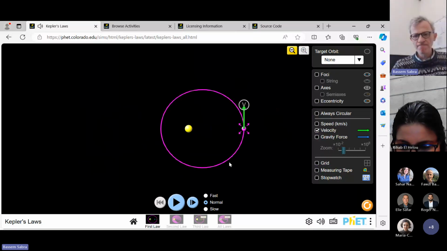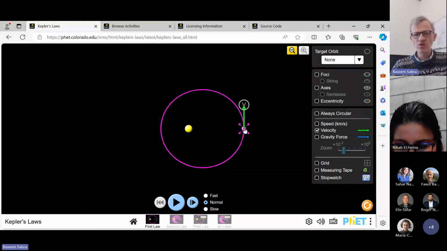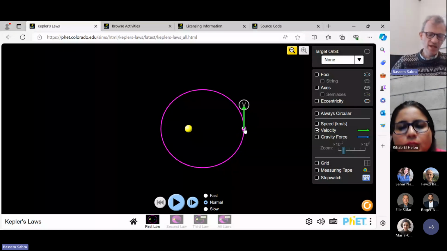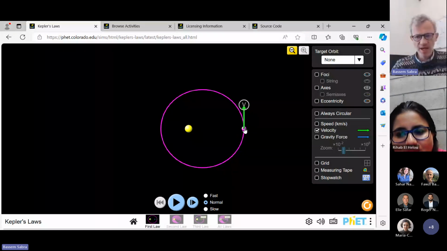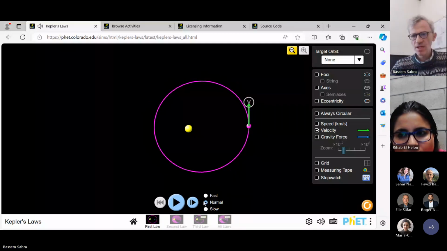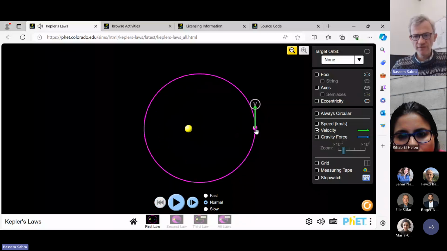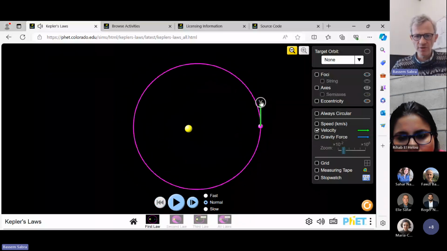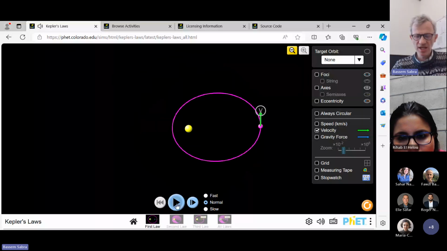So the first law says that all planets go around the sun in ellipses with the sun at one focus. So instead of showing the students static pictures on PowerPoint of ellipses and planets and orbits and whatnot, you can start with this simulation, show them how the planet orbits. You can change the size of the orbit, you can change the velocity of the orbit, and experiment, basically have your solar system sandbox